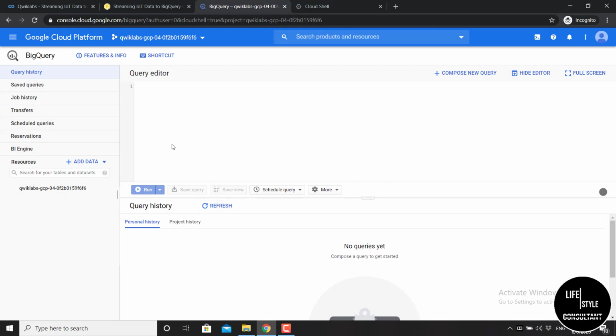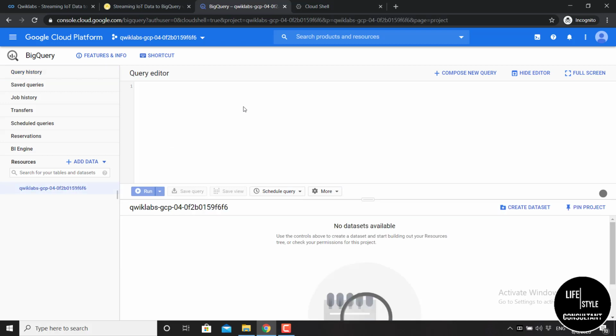Okay, now you have to create a dataset. To create a dataset, you have to click here on your GCP project ID, then a tab will open like this, then click here, create dataset.